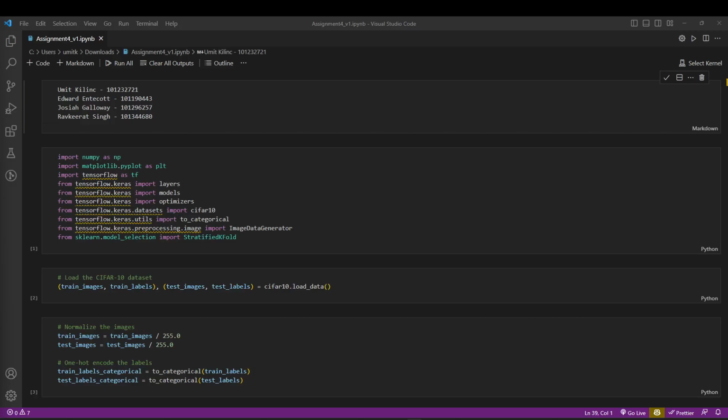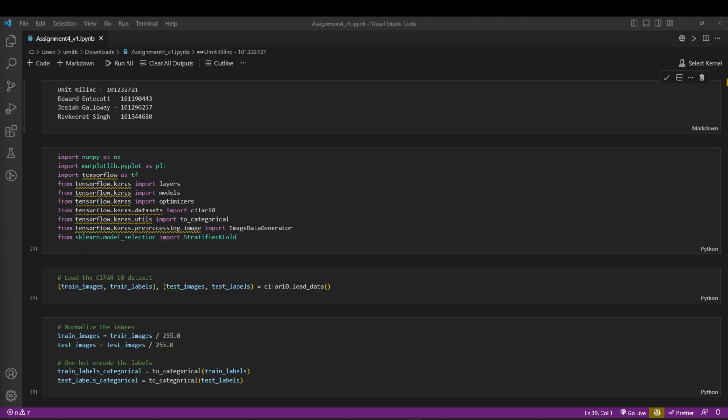Hello. In this assignment, our main goal was to create and train a deep learning model for image classification using the CIFAR-10 dataset. We loaded the CIFAR-10 dataset and pre-processed the data, and then we implemented the k-fold cross-validation. We used two folds. Originally it should be five, but unfortunately it was taking too long to process, so we decided to lower the